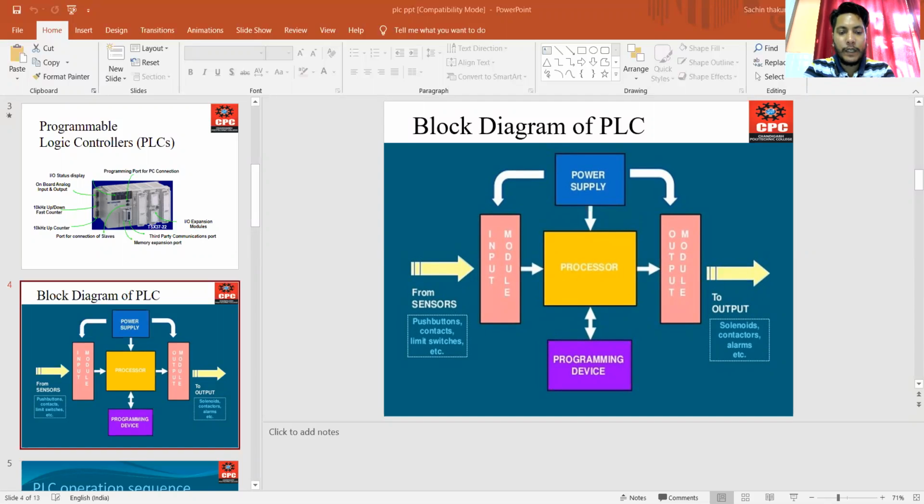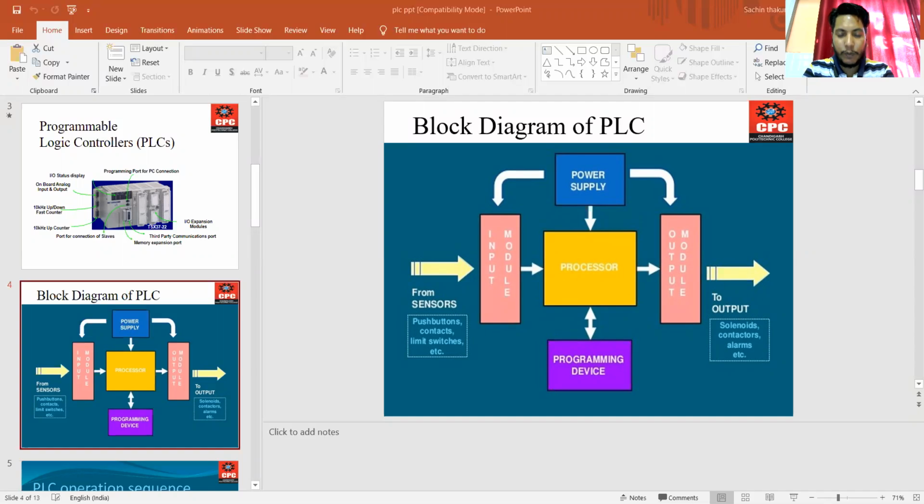Now next is the programming device. The programming devices are the dedicated devices used for loading the user program. For example, computers and laptops, where you have designed your program. So this is the programming part, where we give input to the PLC.